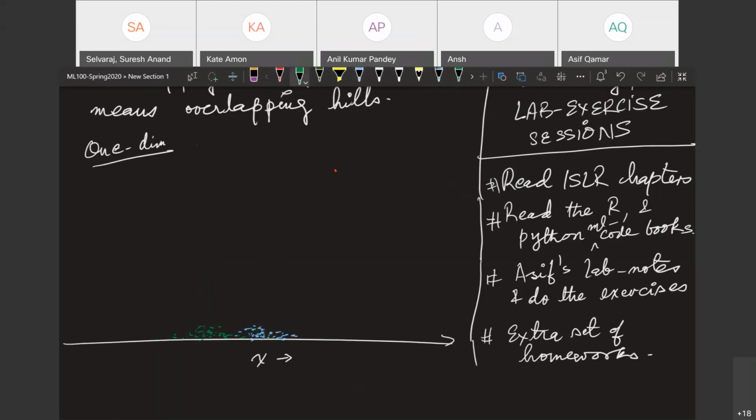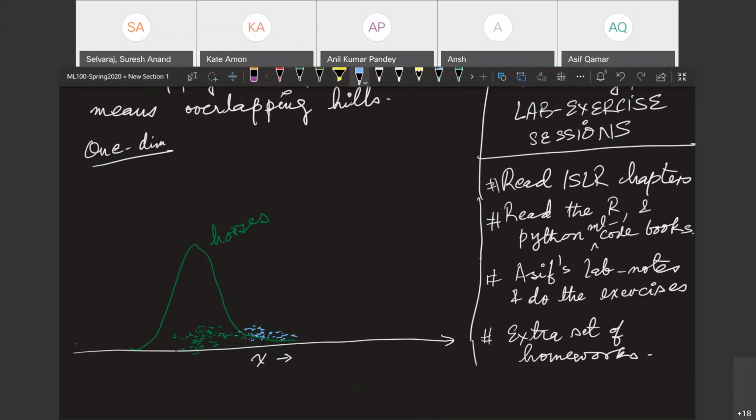Let us say that this is the, I seem to be making a mess here. This, and this is the horses. The weight of the horses are all clustered here, right, in this region. And the weight of the cows are now, let us say that,